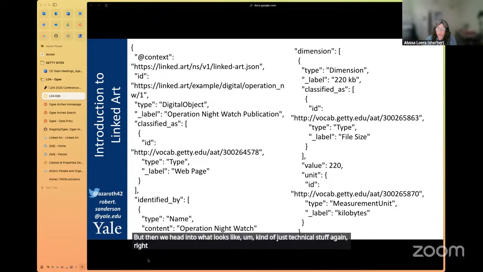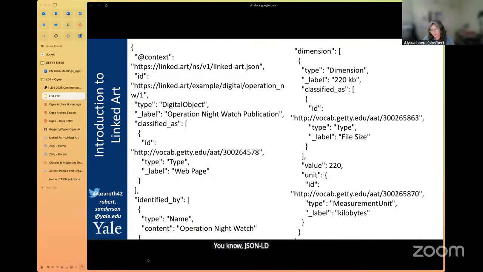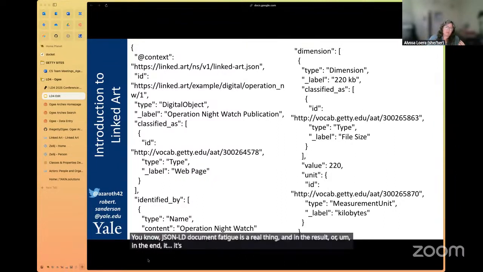So in order to be able to understand this and really dig in and use it, you have to be able to read JSON-LD, and JSON-LD document fatigue is a real thing. In the end, it's good for the developers because it's really something that they can interpret, but not necessarily reaching that end user understandability layer.